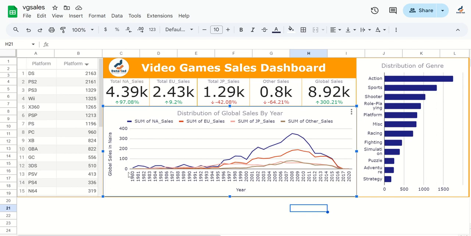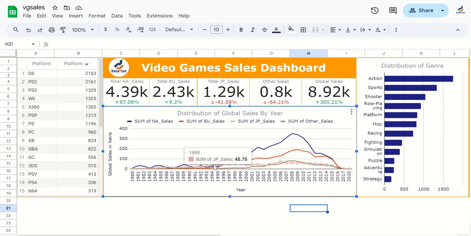there's an increment from 1980 up to 2008, 2009. 2008 was the peak year where the highest sale was made. That is about 351. Okay, and the NA sales had the largest sales. It's only somewhere around 1995 that it had a drop. 93 to 95, there were drops in the NA sales, and at that point, the